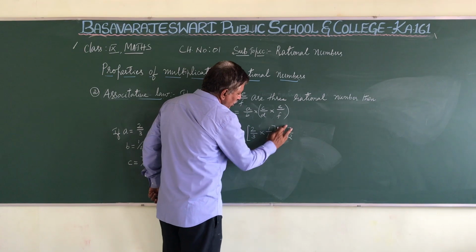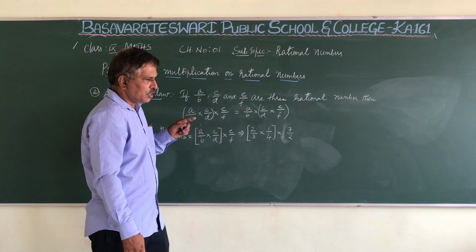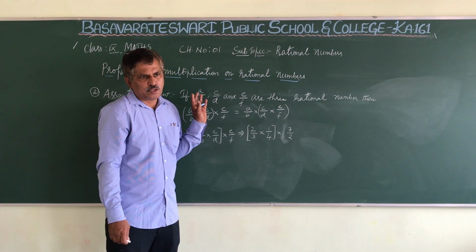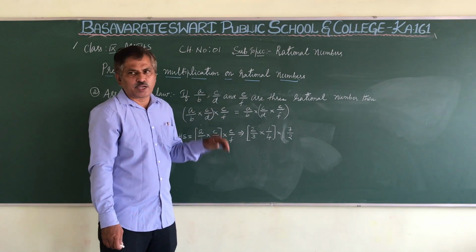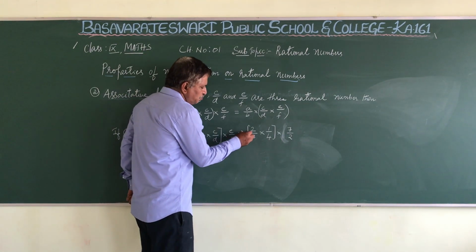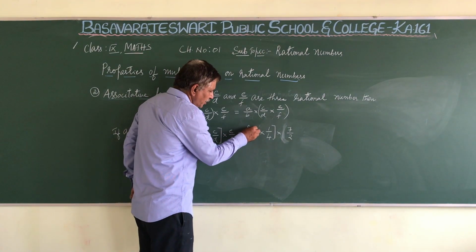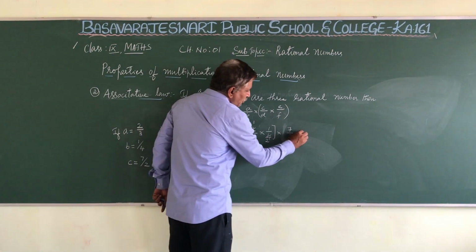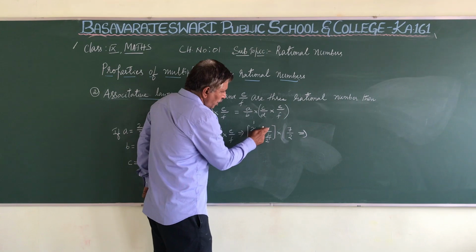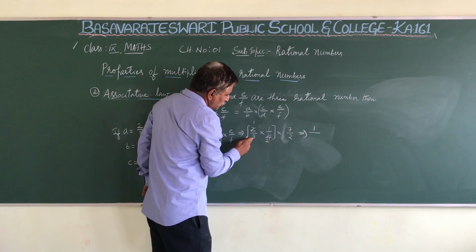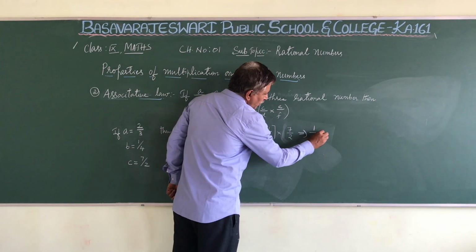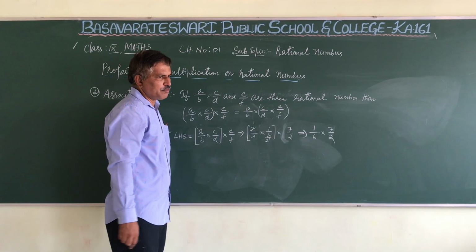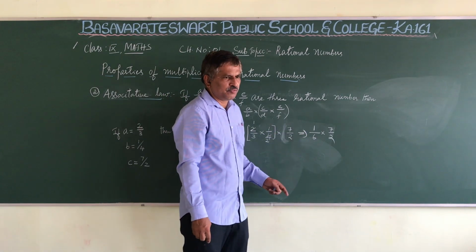First you are supposed to solve or simplify the one which is in the bracket. According to the BODMAS rule, first the bracket has to be taken. So there is a possibility of simplifying. I'll simplify this one. 2 ones are 2, 2 twos are 4. So this will give you 1 into 1, 1 divided by 3 into 2, 6, into 7 by 2. Into 7 by 2. There is no possibility of simplification.